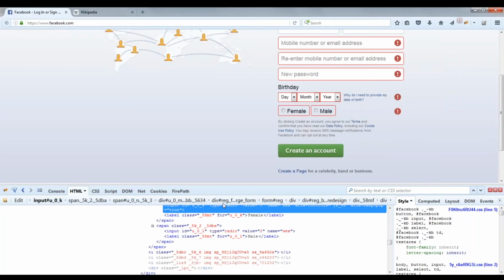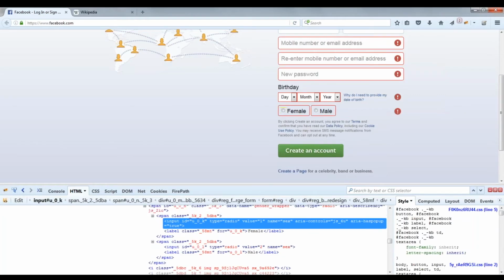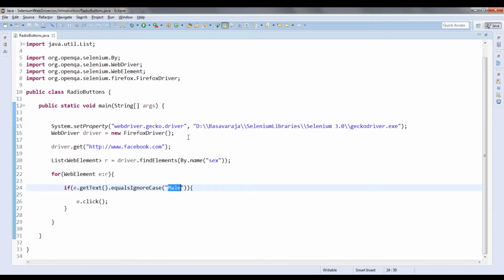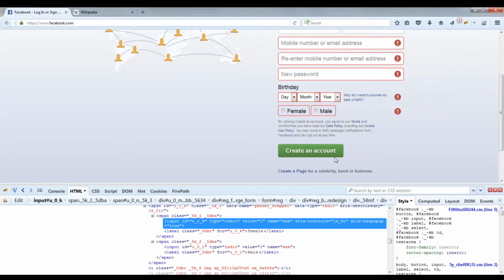It's not good to always try to click by using ID, because sometimes they might interchange these values, but ID might be different, or ID might be the same, or they might remove the ID because they are a group of elements. So always try to find the radio buttons, or even checkboxes also. They will be having a group of elements. So first you identify all the elements and check for the value of that particular element, and then you try to click on that particular element.